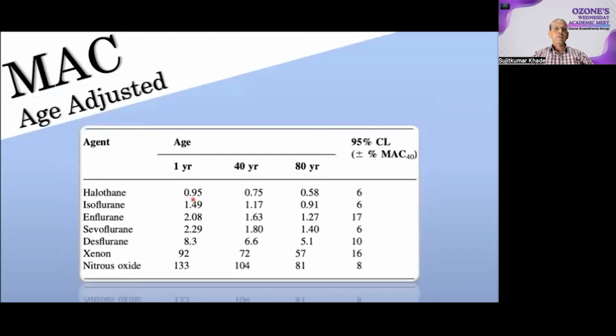You can see here, the pediatric patients require high end-tidal anesthesia gas concentrations to have a MAC of 1. As age progresses, lower end-tidal anesthesia gas concentrations are required for maintaining a MAC of 1. Here, I would like you to note that if you don't enter the age of the patient on the monitor, then the MAC shown on the monitor will be for the age of 40 years. So irrespective of the patient's age, if you don't enter the demographic data of the patient on the monitor, then the MAC displayed on the monitor will be for the age of 40 years.